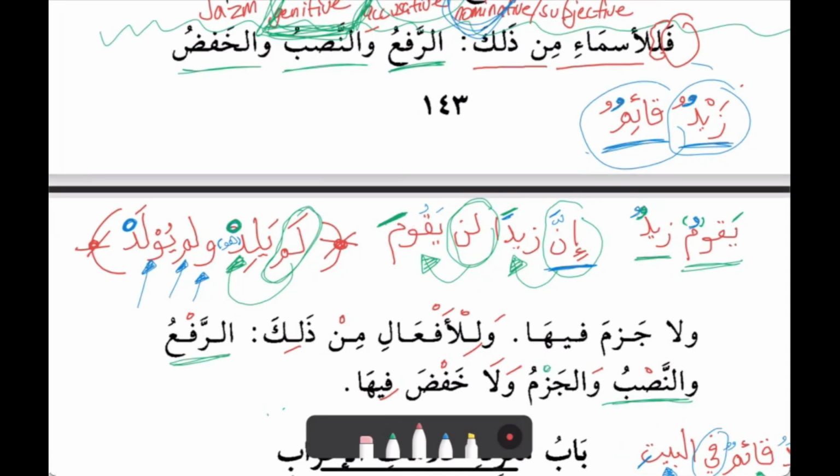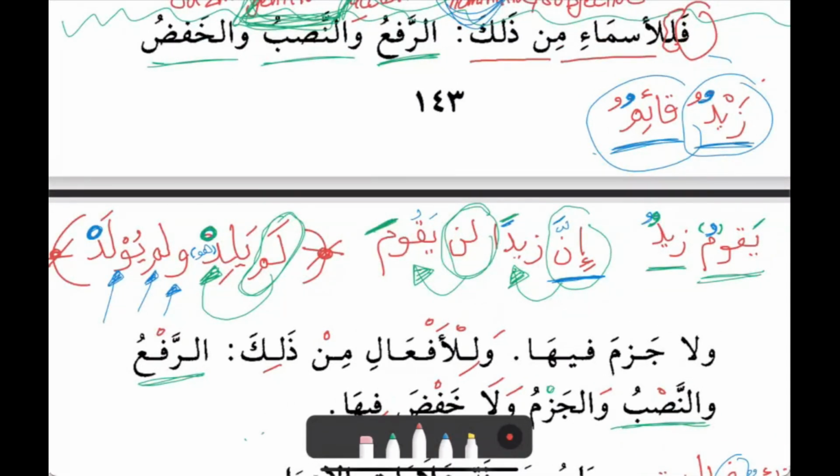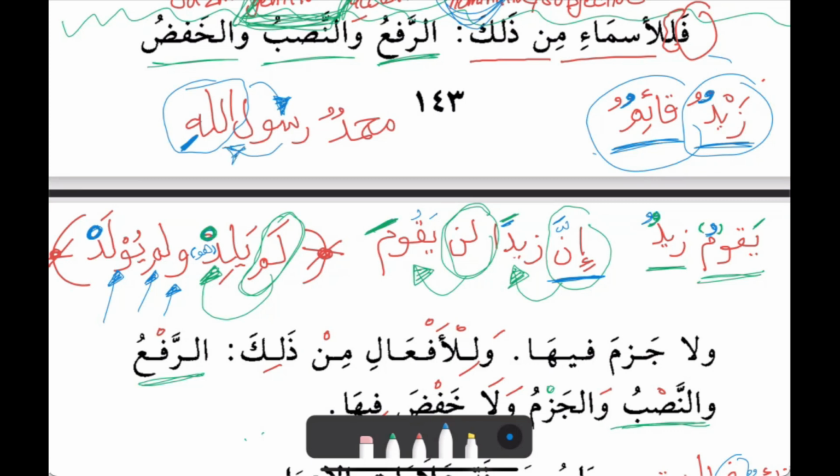So you say, for example, this example, Muhammad Rasulullahi. Rasulullahi. So why is the name of Allah in a state of jar? وَعَلَامَةُ جَرِّهِ كَسْرَةٌ. And its sign of being in a state of jar or khafd is the kasra. لأنه مضاف إليه. It's because he's a mudaf ilayhi. Because this word is a mudaf ilayhi. That means the mudaf, the first part, is actually what's influencing.